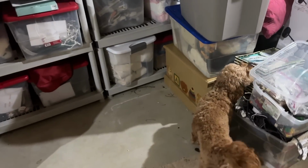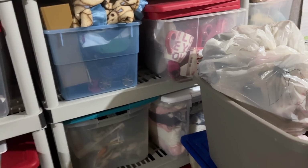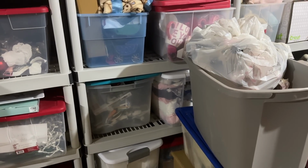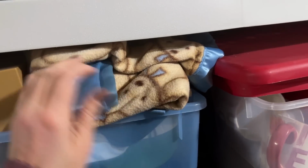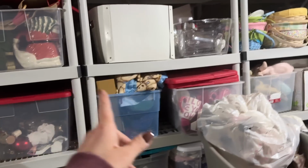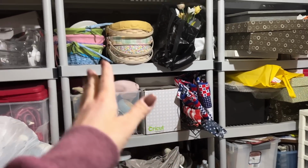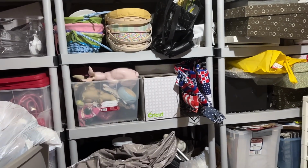All right, here is where I'm at this week. I cleared out one more section here. This tower is looking like it's going to be a lot of the kids' memories. Blankets, baby outfits, first things, like a blanket that I think my mom or somebody made Anthony. So it looks like that's what's going to be here. Here's a Christmas tower. So I think I'd ideally like to move the Valentine's over here. So then over here we can have things like Easter, Valentine's Day, 4th of July, and then we have the